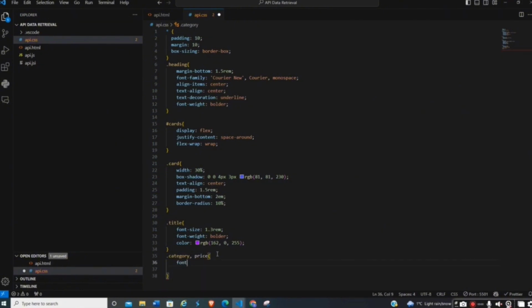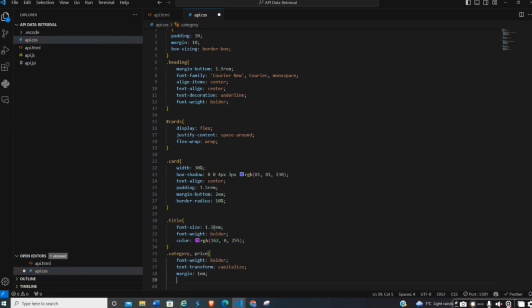And then we want to have a font weight, and we just want to make the font weight bolder. And then we want to have text transform. We can just set the text transform to capitalize. And then we want to set the margin. Let's just set that to 1em. And then the color as well. I'm just going to set that to purple. I think I like purple. Okay, so